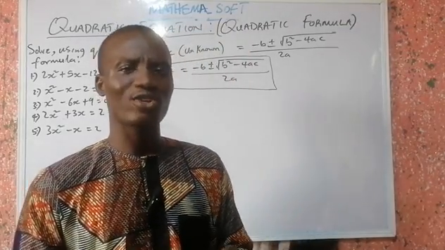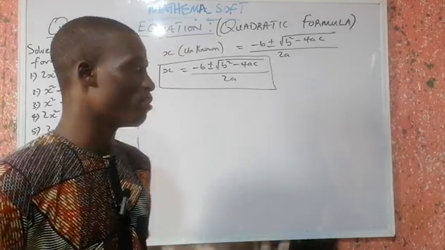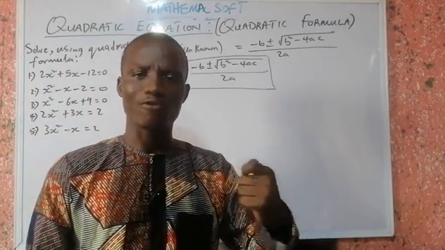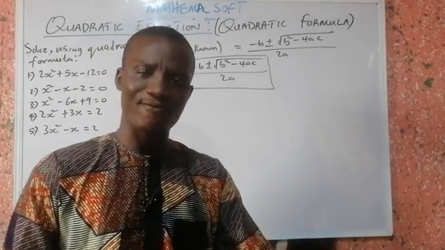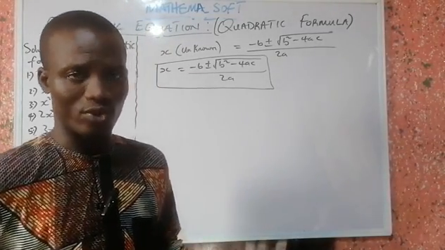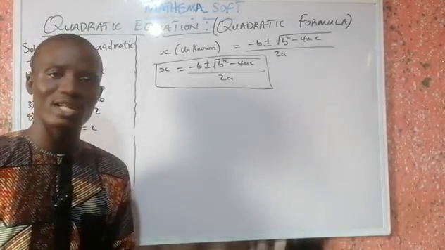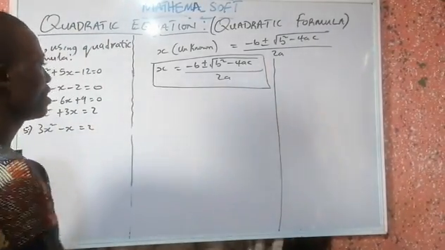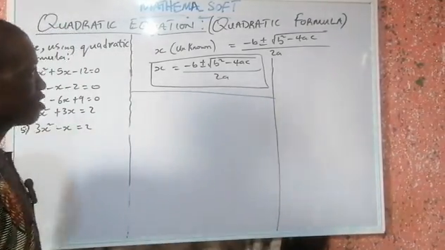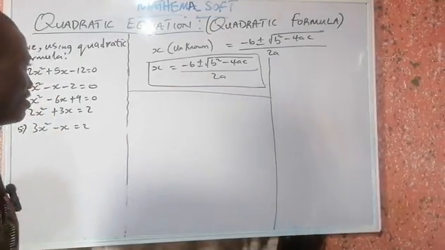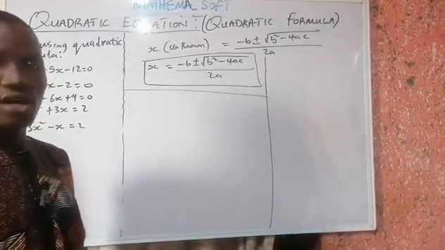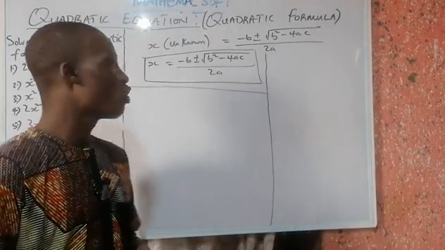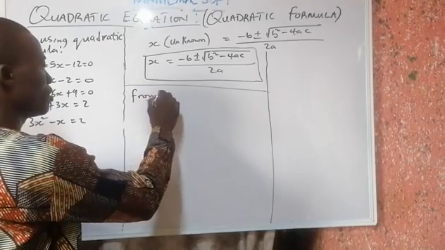Now, how did we actually generate this quadratic formula? This quadratic formula that we have on this board relies on your knowledge of completing the square method using the general form of a quadratic equation. What is the general quadratic equation? We can actually prove this formula, okay? You need to understand how this formula is generated, especially those students that will be writing WAEC or A-level examination. So, from the general